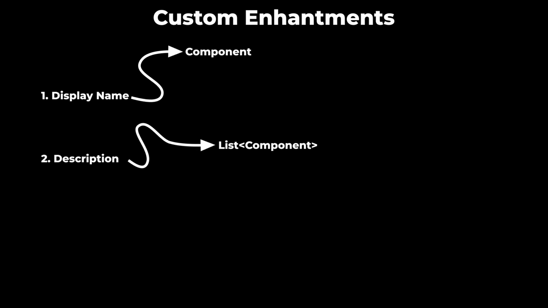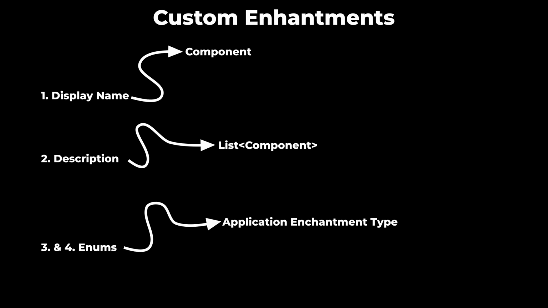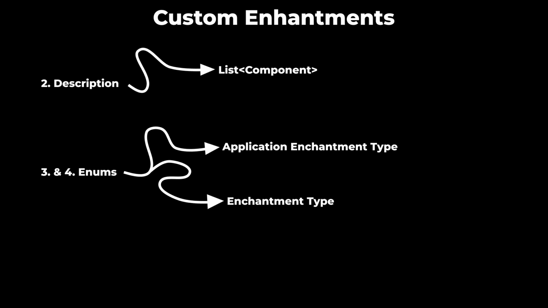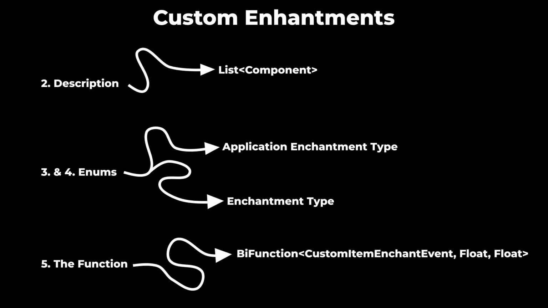What do enchantments consist of? Well, there you have a couple of fields. First, the display name, which is a component, of course. Second, a list of components, which is the description logically. As for the third and fourth, we have two enums. The first being the type of item this enchantment is going to be applicable to, and the second, what kind of enchantment it is. And last but not least is going to be the function called for checking the enchantment